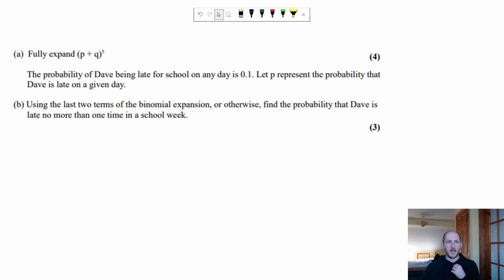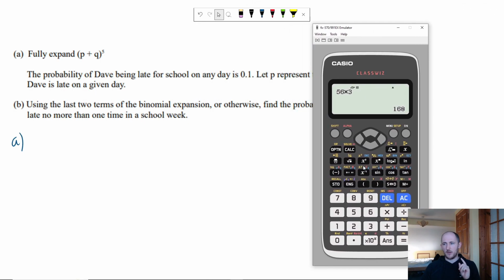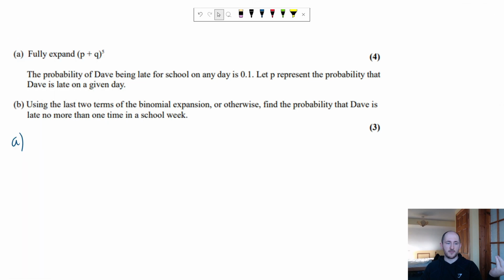So this bit here is fully expand. I know it kind of sucks, right? But since we're fully expanding, it doesn't matter the order. The first thing we need to do is, once again, get our good old-fashioned nCr button and work out all of the coefficients. This will not take too long, I promise. The power is 5. We're going to start with 0 and end with 5, right? So we have 1, and then plus